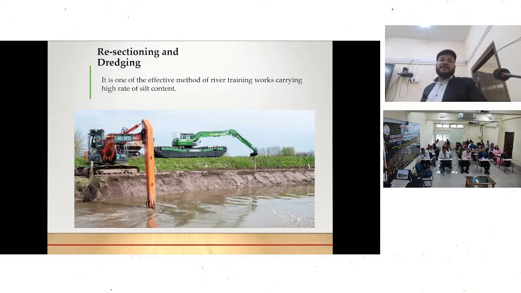Then resectioning and dredging of the river, which is effective river training work, but nowadays it's very difficult due to environmental issues. A lot of forest clearance is required, and it also disturbs the flora and fauna of the river. But recently in Majuli, there was very low water in some areas in Kamalabari Ghat, so the IWT has done dredging. They have removed silt and made way for the flowing of the boats.